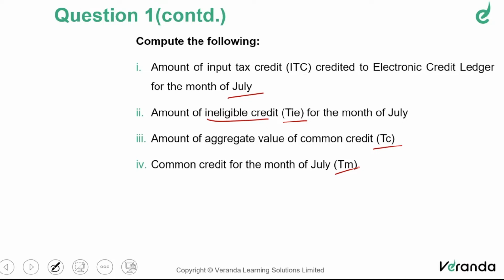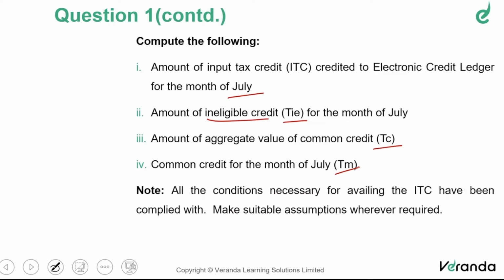Now, let me just ask a question. Okay, let me just try to finish the question and then ask. So you're required to find out all this. Ideally, finally, you have to arrive at TM. So it's a step-by-step process they're asking. TIE, TC, TM. Actually, TR is also there, but there is no adjustment for TR. That is assets which have exceeded the residual life. That is not there. So directly they're coming to TM.